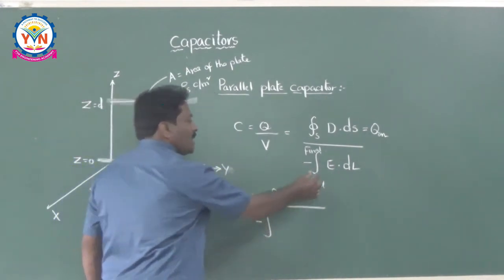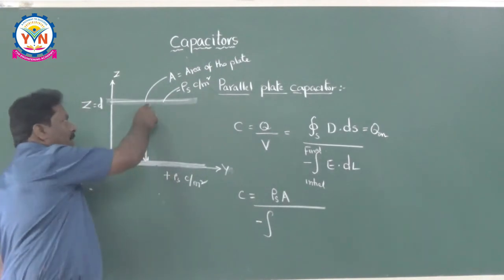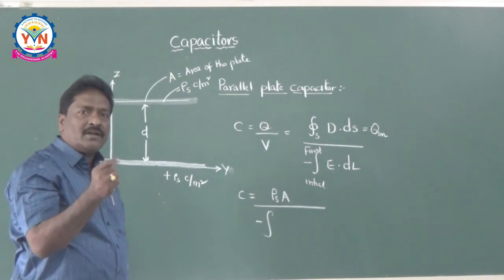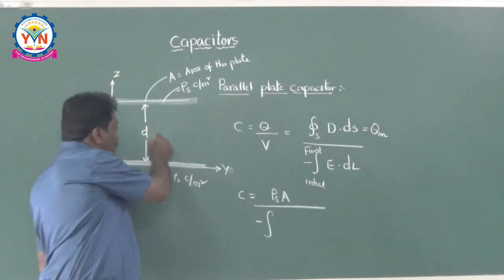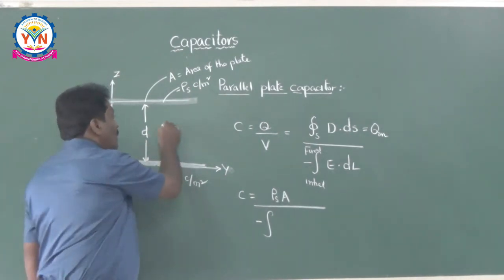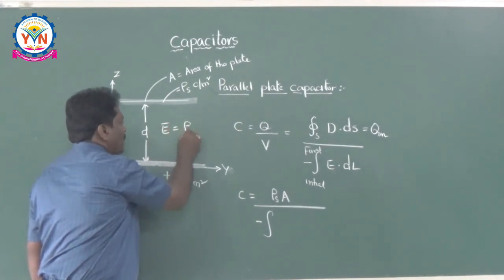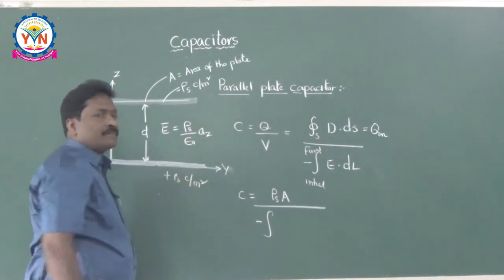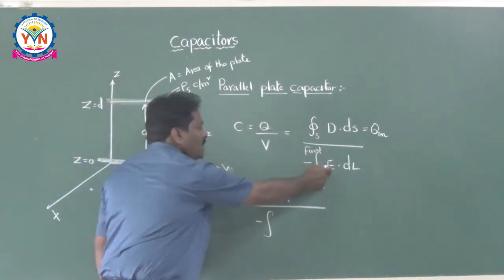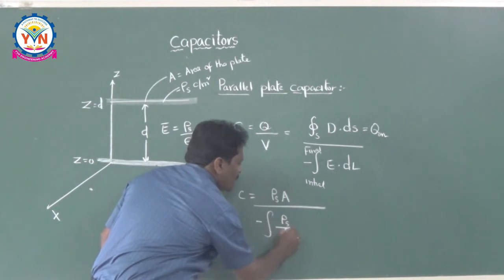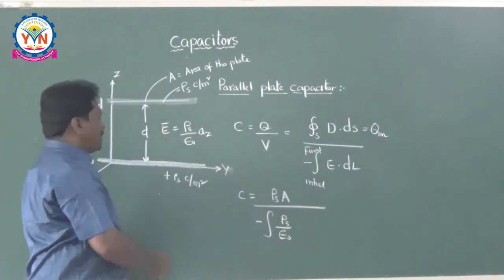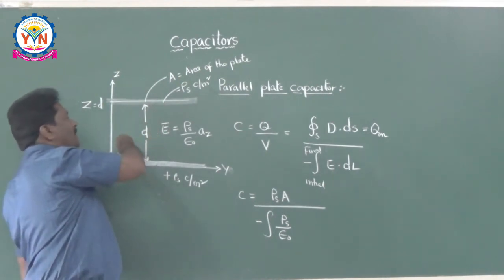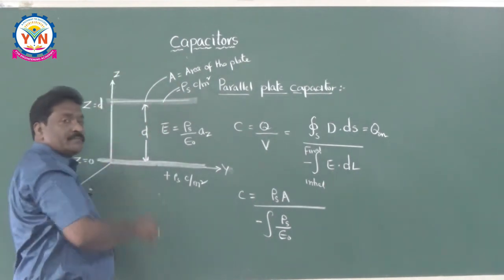So, friends, what is the electric field intensity between the plates of the capacitor? Whenever I dealt with the surface charge, I already told you, the field is maximum between the plates and it is equal to rho s by epsilon naught. This result is already told to you, this is in Az. So, what is the electric field here? Rho s by epsilon naught. In which direction? It is always from plus to minus. It originates from plus, terminates on minus. That means in which direction? Z direction. That means Az